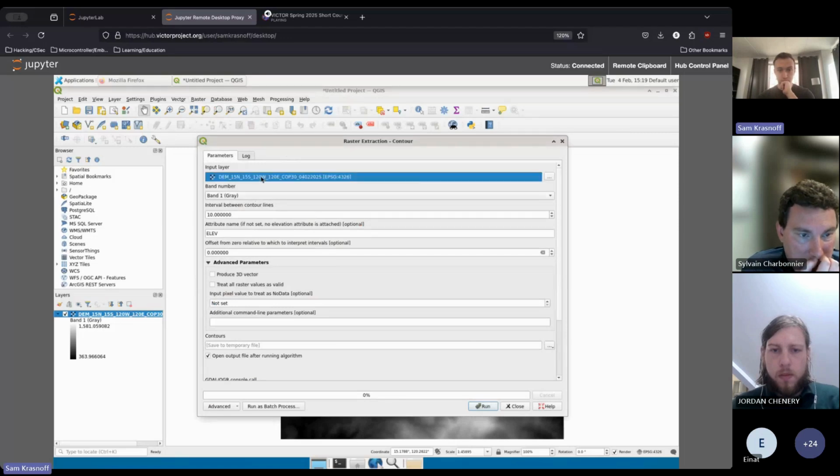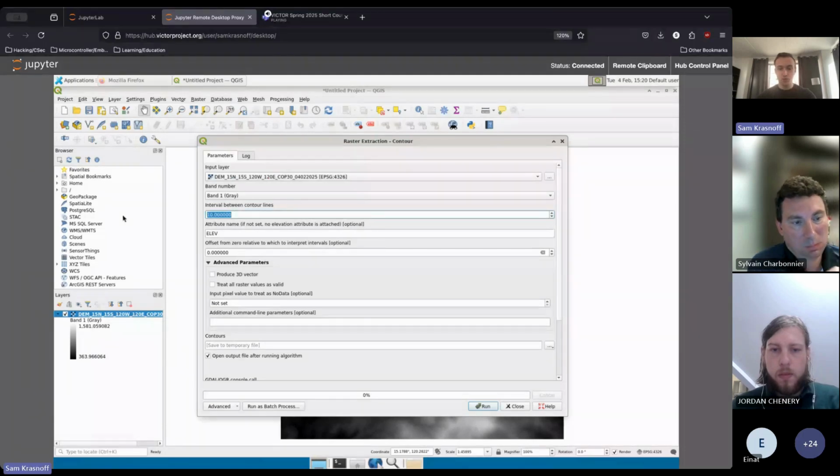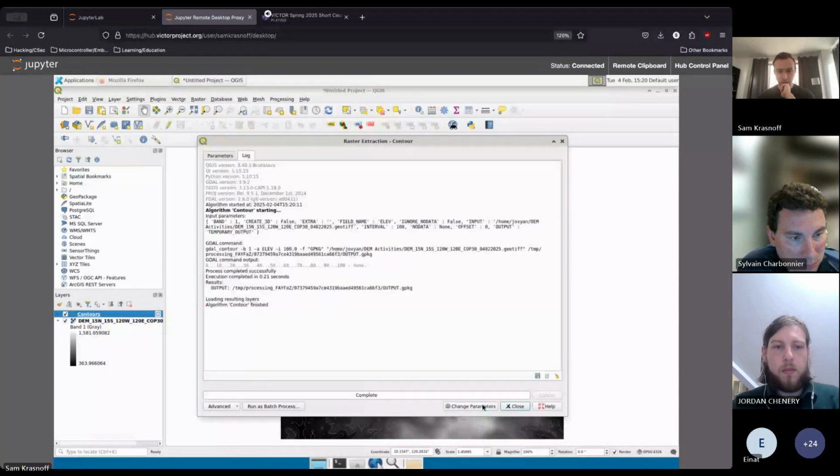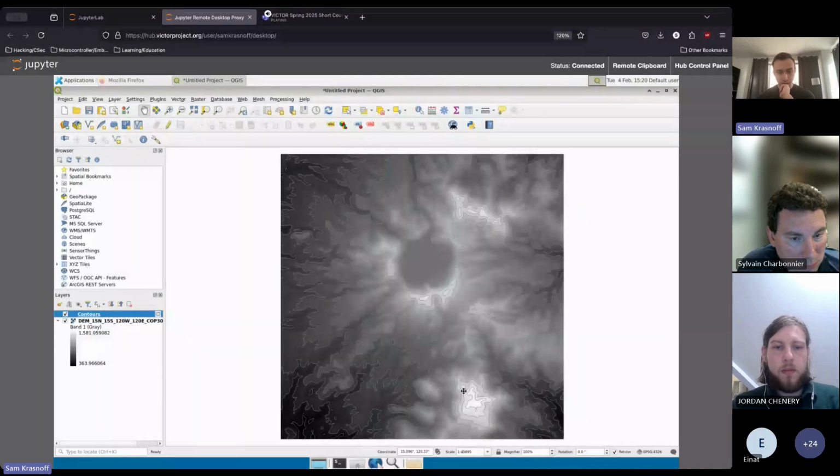We're just taking the input layer, the first band, which there's only one band in this case, and then let's do 100 just because 10 is a little bit cluttered. But all I need to do is run that, and if I close this, you can see,